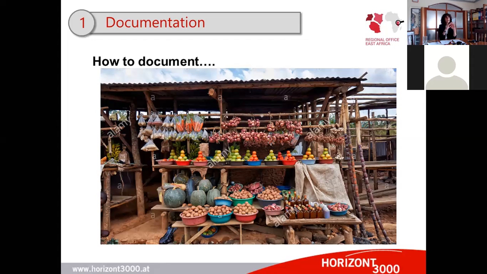So you can see the produce of one type are sitting together. So the potatoes are with the potatoes. And that is an ordering principle already. So when we think of order, it doesn't